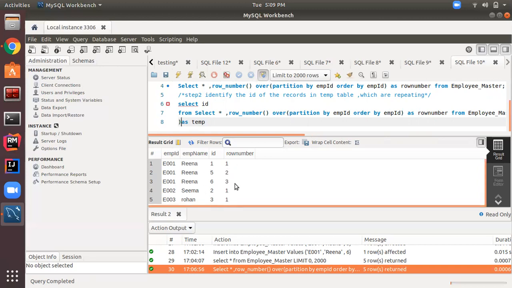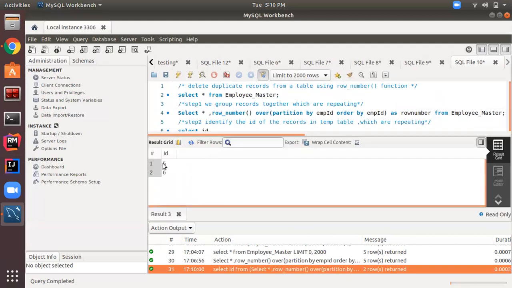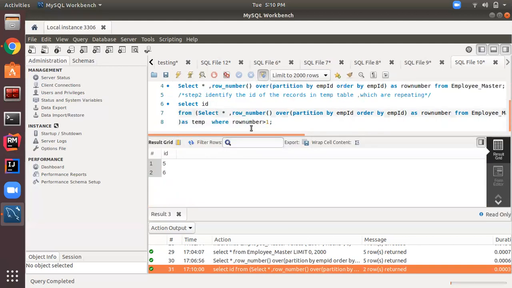Then I can fetch the IDs of the duplicate records. So this is my step 2. Have I made any mistake here? Let me check. I should keep the bracket. Now it should work. Let's execute this query. See, I have got the IDs of the duplicate records.